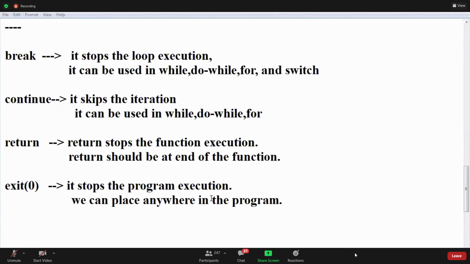Yeah, next one, guys. See this. What is break? What is continue? Break stops the loop execution.